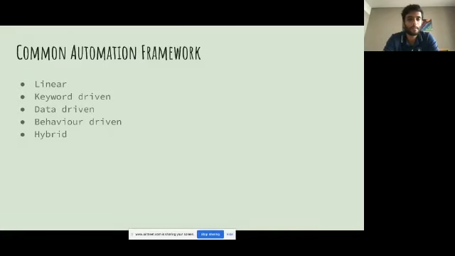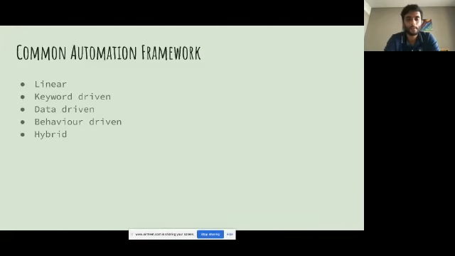This is probably the easiest way, and by far the most inefficient way. It's good for a beginner who wants to get started and learn about automation. You could explore this kind of framework, and that's where you get to understand why you require a structure. So linear is for them.